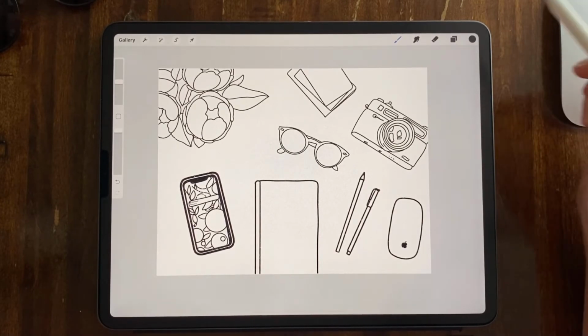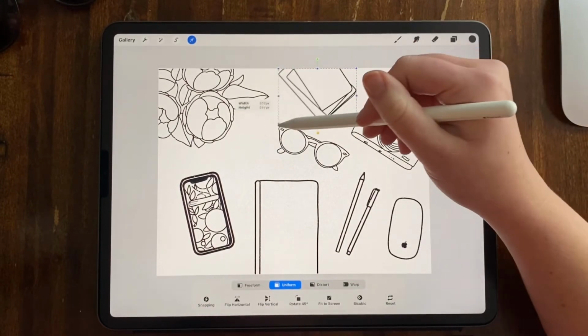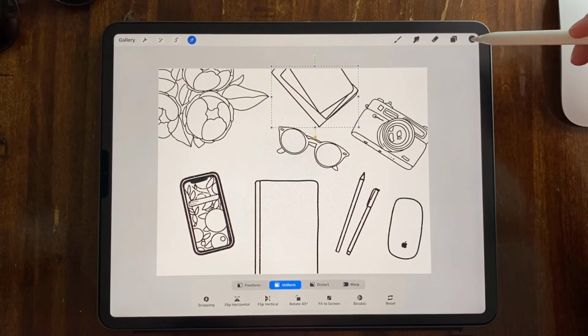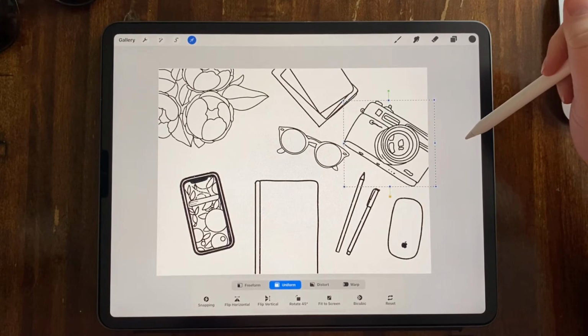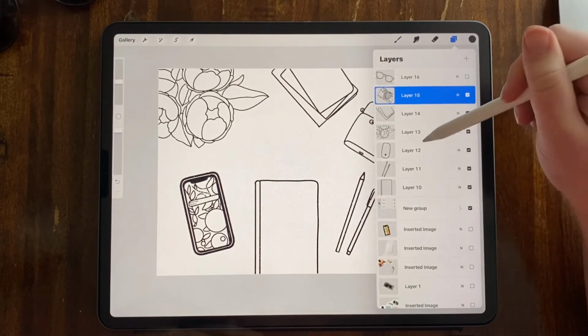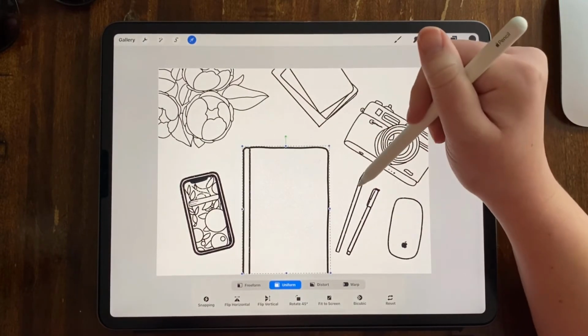Technically we're done, but I didn't like how bold those first lines were for the phone. So we are going to redo those, do some resizing. I'm going to make the notebook a little bit bigger just so it takes up more of the space. And I made everything a little bit bigger, shifted things around because I just felt like it wasn't really balanced. I still don't feel like it's balanced even when it's finished, but